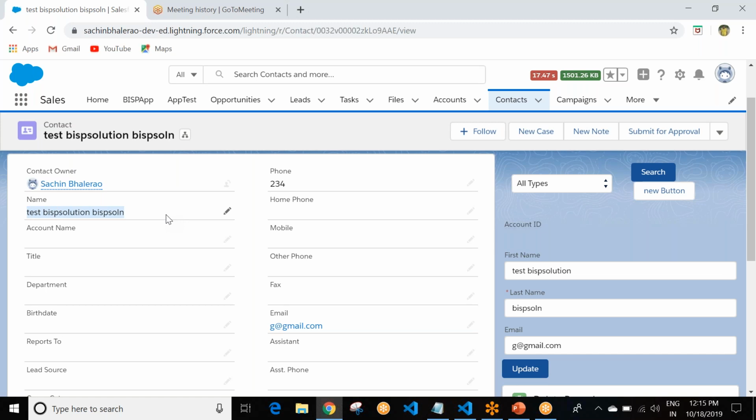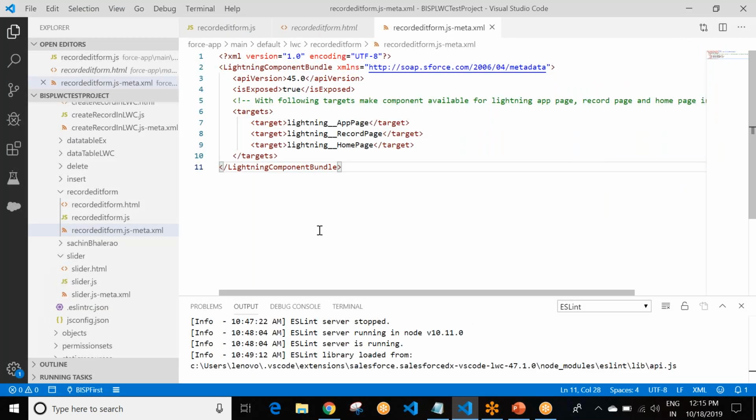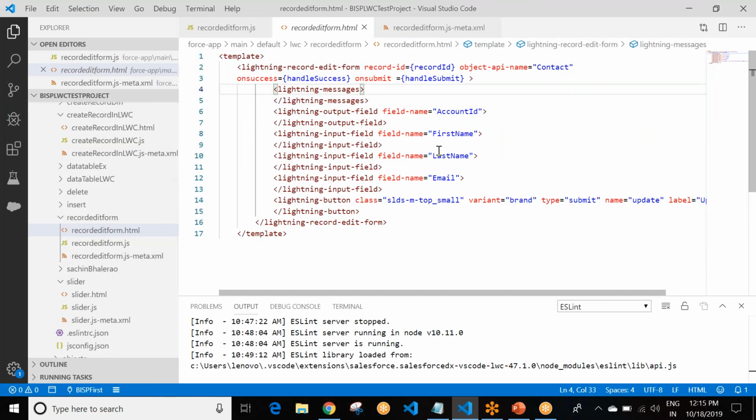But before starting this, I will suggest you please visit my video on how to create app builder in Lightning component. Without app builder, it is quite difficult for you to understand this functionality. So let's start. In this we have to use Visual Studio Code. So here I already performed the coding. It will save our time, so I will describe it more properly.